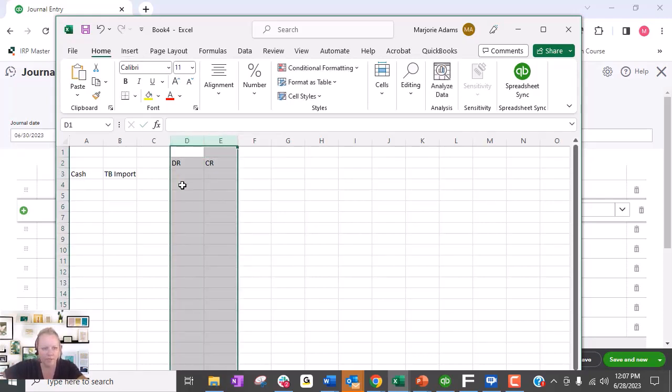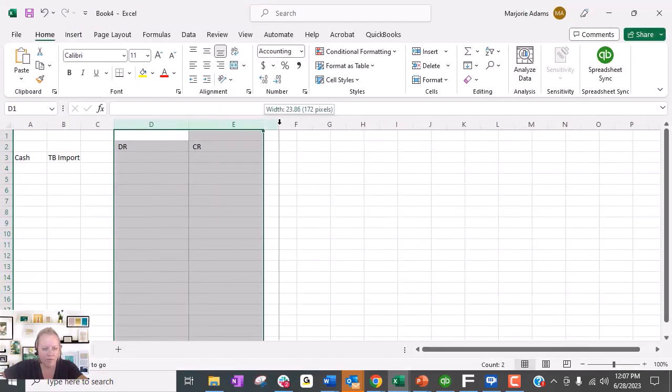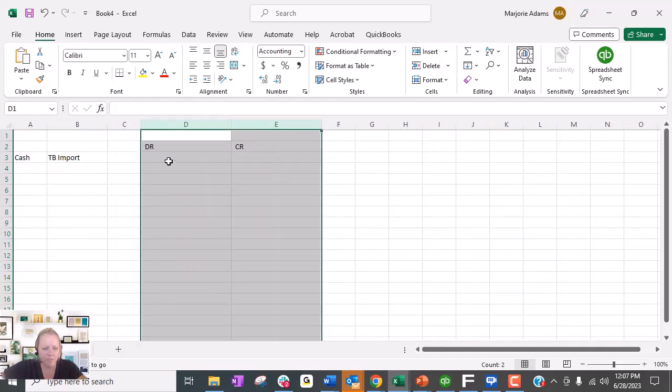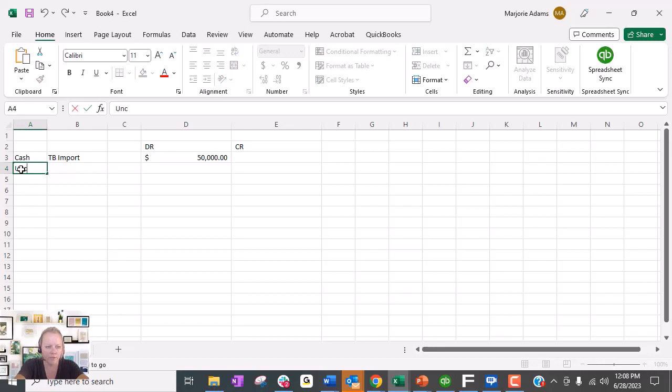Now let me make this a little bit bigger, and make these dollars because we are accounting, right, and we like dollars. So we have cash for the trial balance import, debits and credits. So we just debited cash. I'm just going to say $50,000 for nice round numbers in here. And then we're going to go ahead and credit our clearing account, right? And this is what we do on the trial balance import. Okay, next,